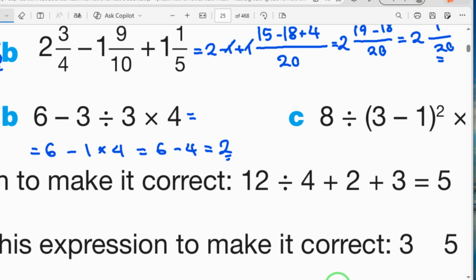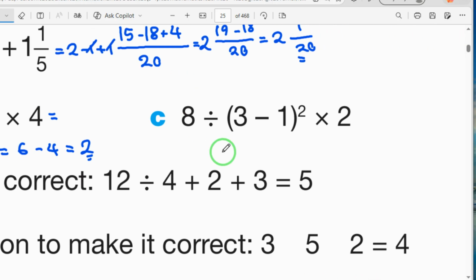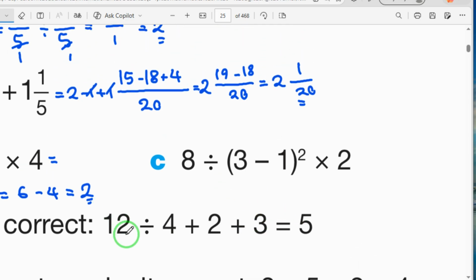Come to question part C. Here this one we as well simplify according to the BODMAS rule. First we simplify the bracket. The BODMAS rule explained with details in previous lesson. So if you are new viewer, please watch from the beginning of this series